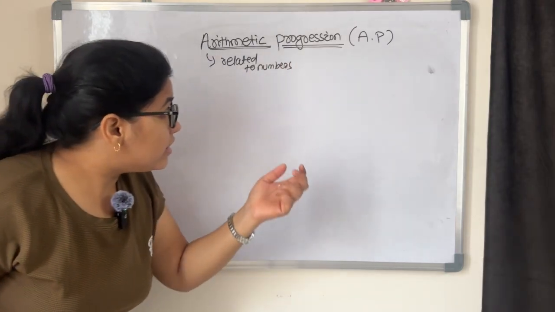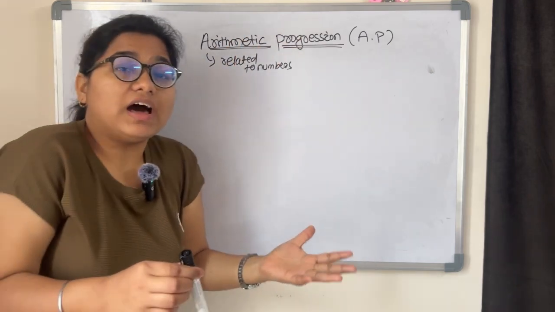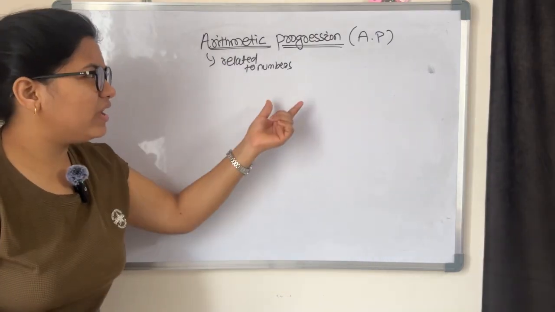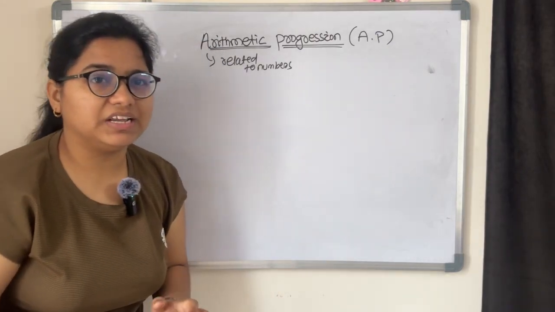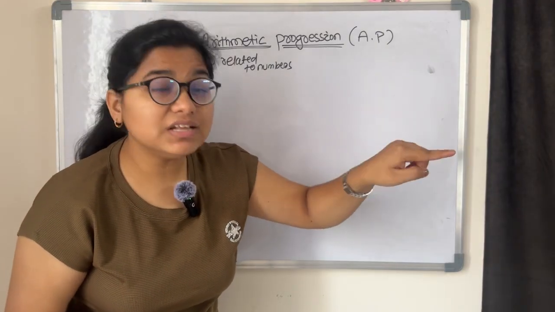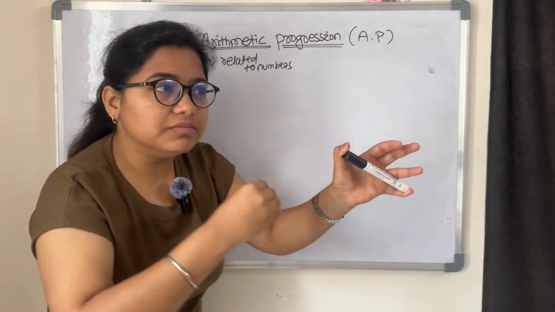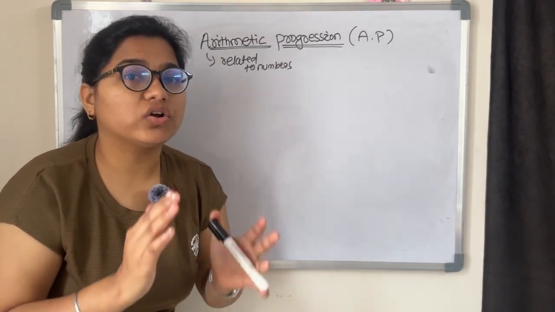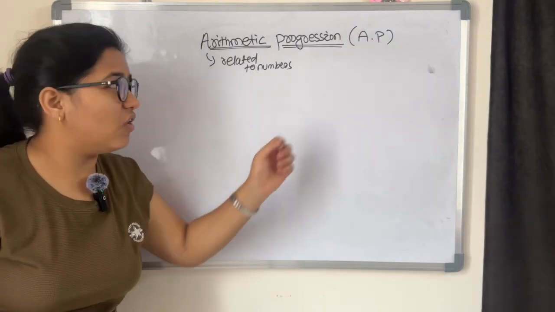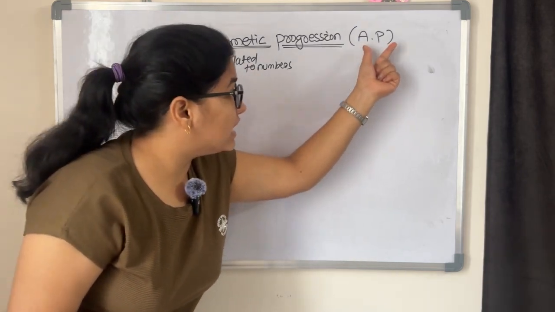And the progression of numbers is called arithmetic progression. If the sequence has numbers, since in mathematics we will discuss sequences of numbers only, one thing we need to check is whether the sequence is following a pattern or not. If the terms are following a specific pattern, then we can say that sequence is called a progression, or an arithmetic progression. In short, it is AP.